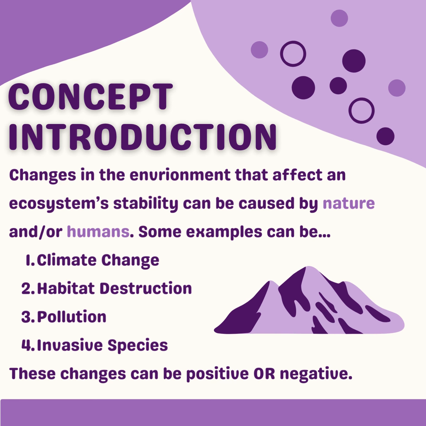Moving on to the main portion of our TEAC, changes in the environment that affect an ecosystem's stability can be caused by nature and or human causes. Some of the examples can be climate change. Climate change is like long shifts in temperature, precipitation patterns, and other things that affect the climate. This is mainly caused by humans, and even at times it can be natural causes, but this all disrupts an ecosystem and its flow. There's also habitat destruction. Habitat destruction can completely wipe out an entire ecosystem, and it must bounce back from this and build stuff up again from basically nothing.